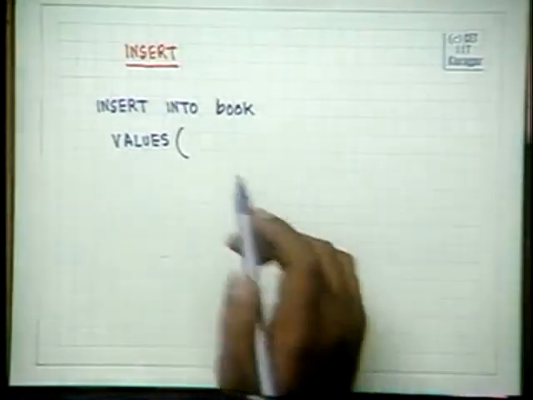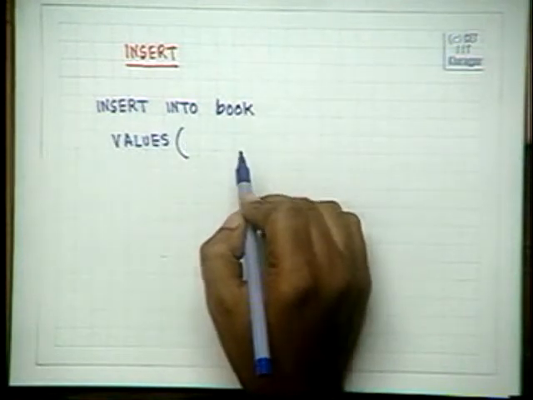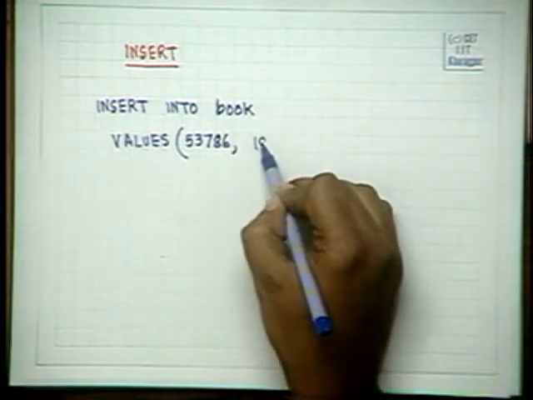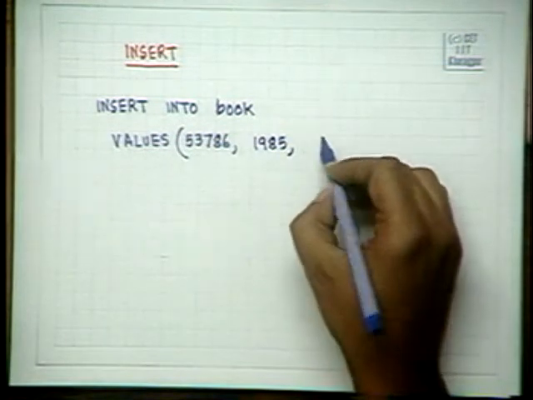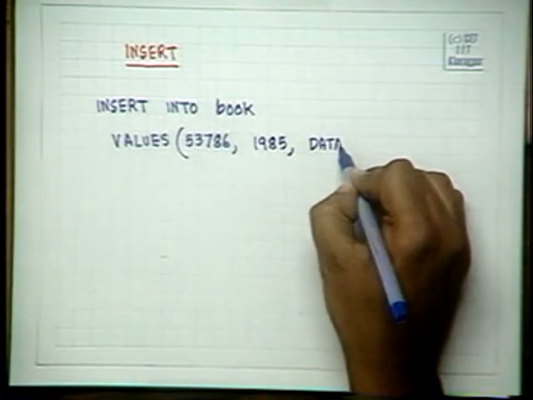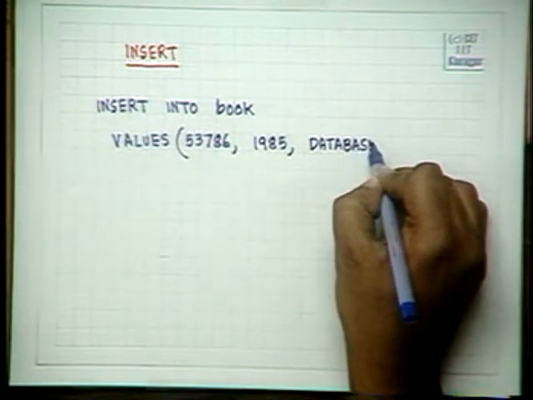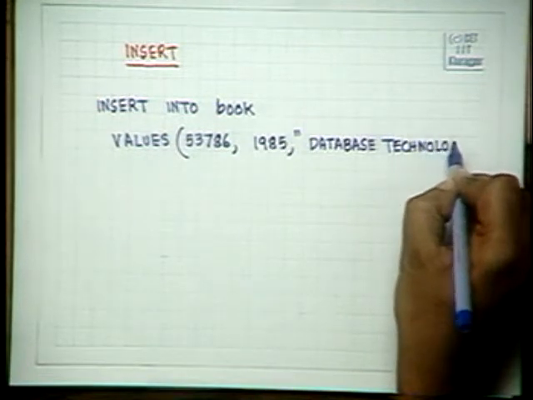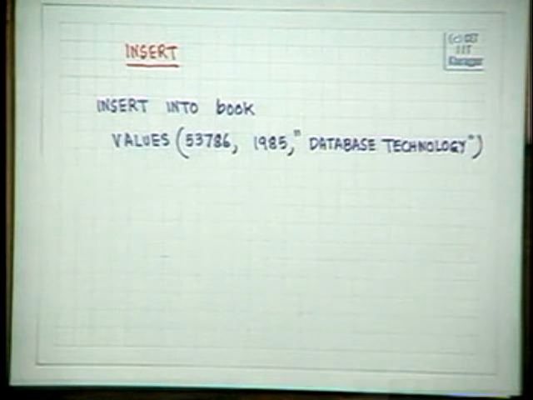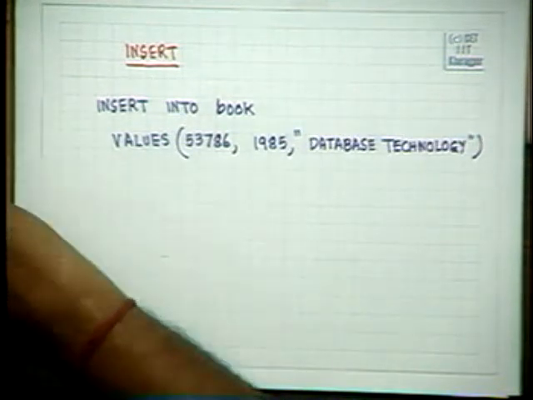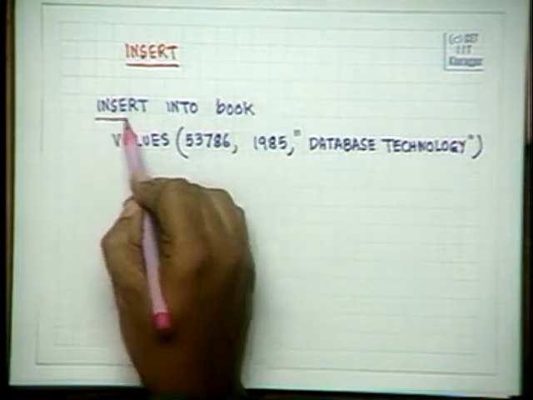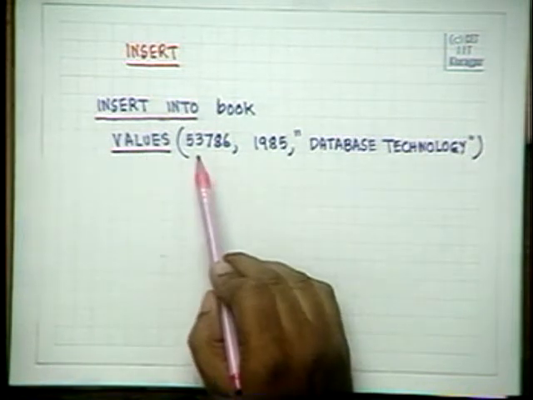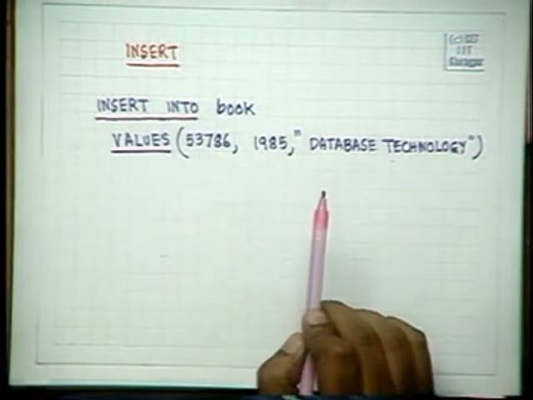So when we write insert into book, we have to give it in that particular order. The function is insert into R. The keywords are insert and into R, and the keyword is values. You have to give this value, and the third value corresponding to the three